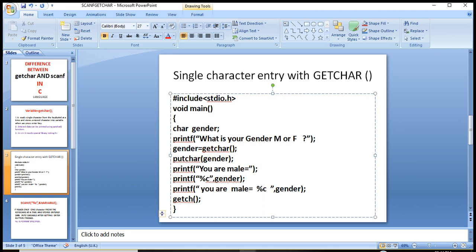And rather than using two statements, we can use only a single statement. These two statements are printing messages separately. But this last single statement can print both messages at one time.